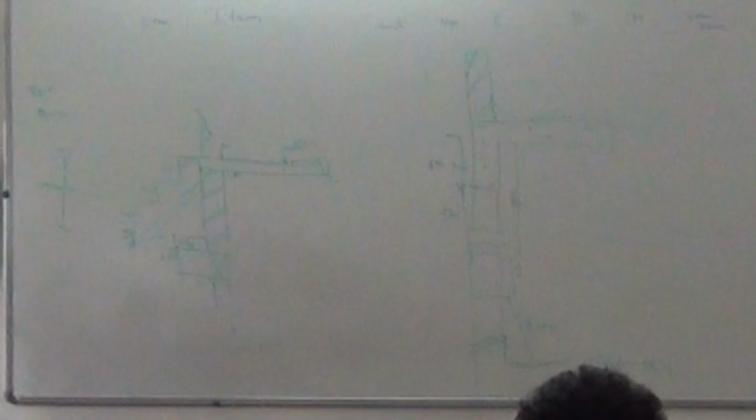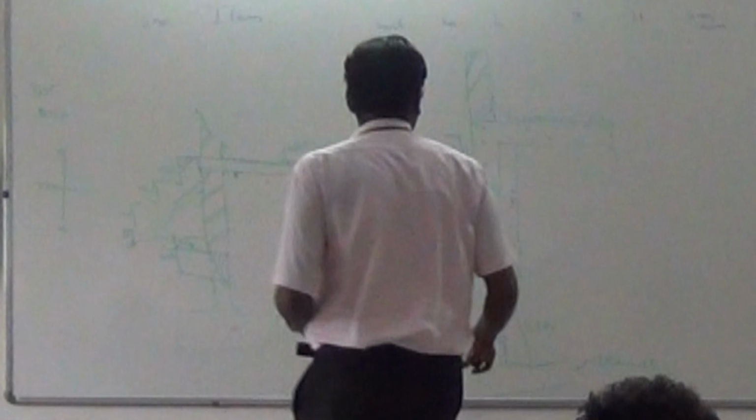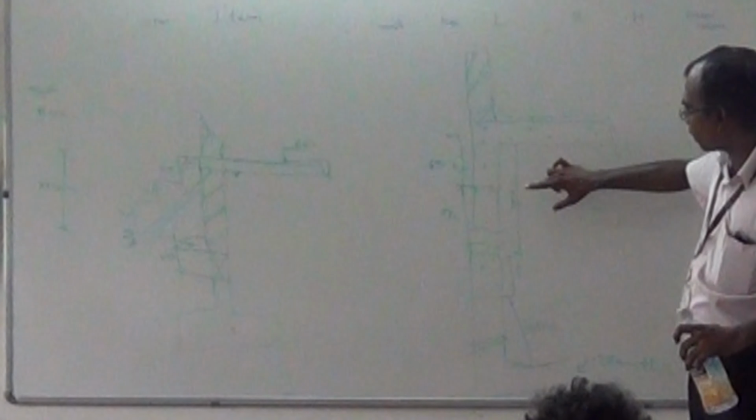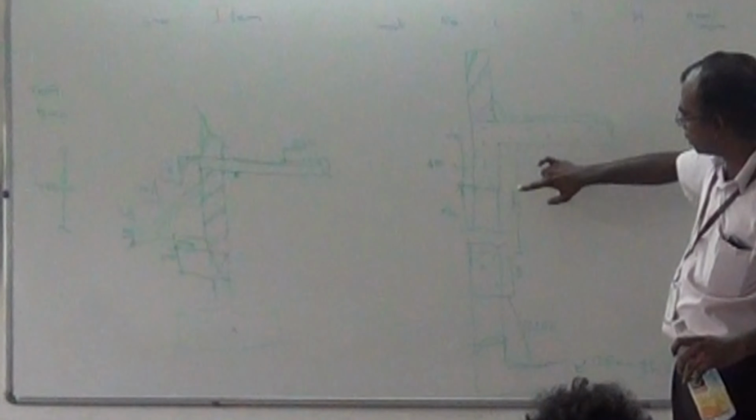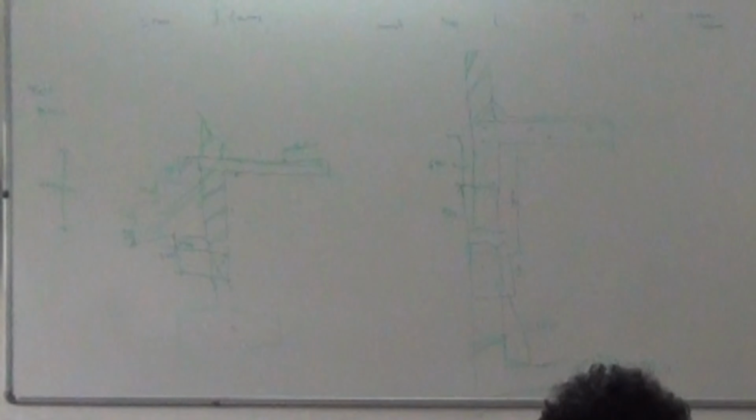Which 550 mm? This one. See, this is the top of the lintel. From here, bottom of the beam, the roof beam. From that till the lintel, you got a gap, right? So the total height should be 2.1 plus 0.35 for the lintel, plus 1 meter. This is the breakup of that 1 meter.